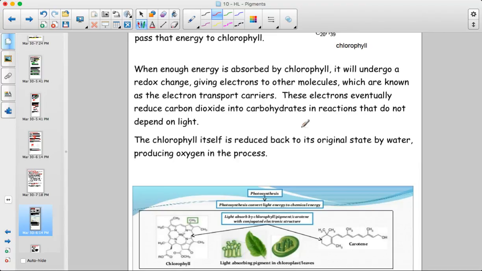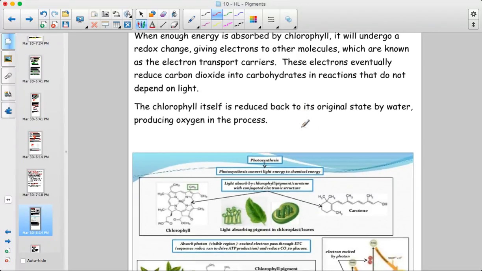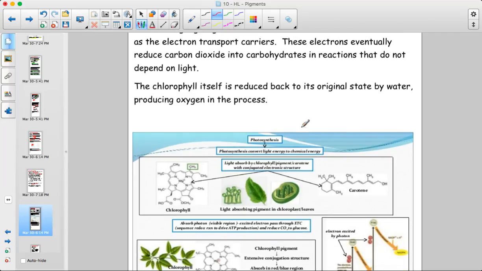When enough energy is absorbed by chlorophyll, it undergoes a redox change. It gives electrons to other molecules, which are those electron transport carriers. And these electrons eventually will take part in the reduction of the carbon dioxide and turn it into the glucose, into the carbohydrate. The chlorophyll itself can later be reduced back to the original state, by water,